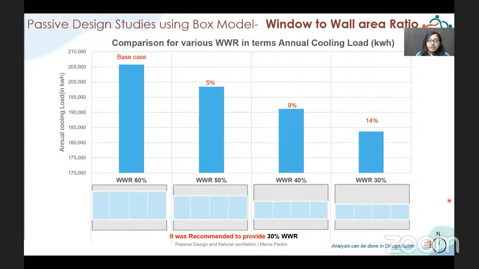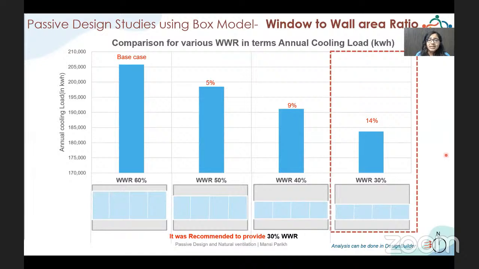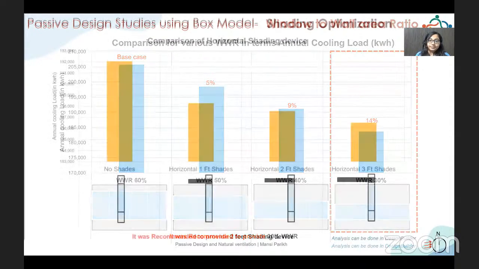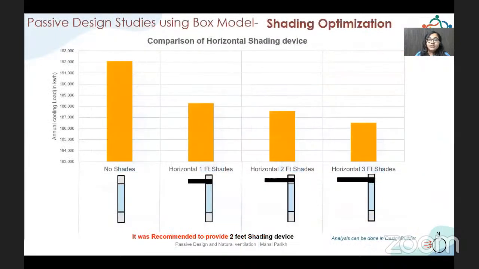Also, this combination would improve daylight in a particular space. Hence, WWR of 30% was proposed to the client specifically for the air-conditioned academic block. After WWR studies were conducted, optimization for shading device was done. This study assisted in showing the client and architects the importance of shading device